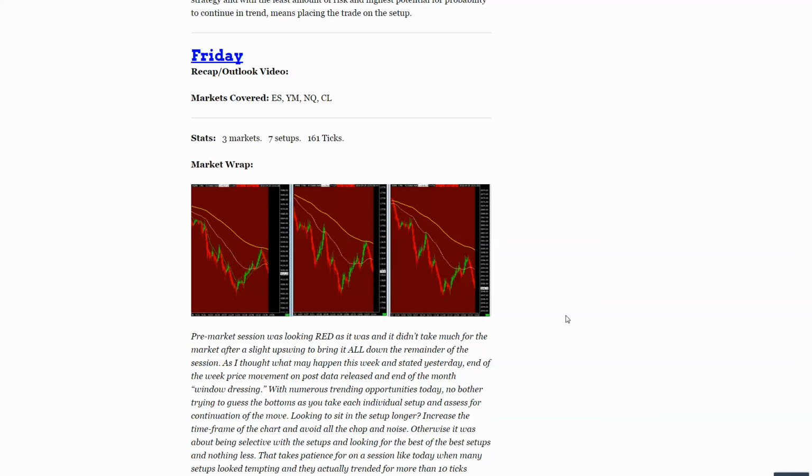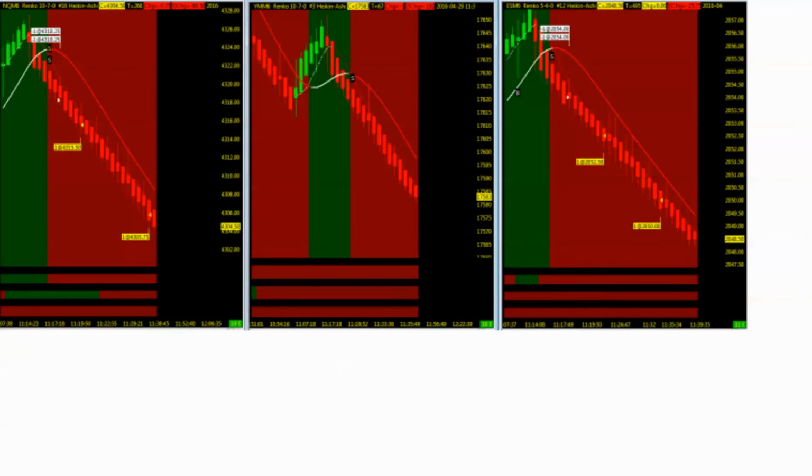Again, with the end of the month window dressing, it was anybody's market at that point, and we'll take a look at some of the price action here today. But that was one of the better trends of the day, after that initial drop down on all 3 indices coming down. Price action not able to grab all 3 at the same time, but again looking for that setup sell signal,